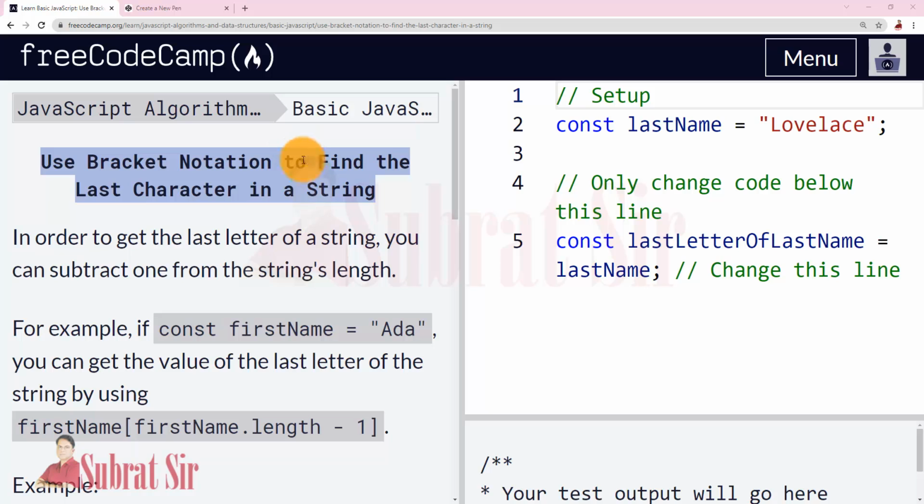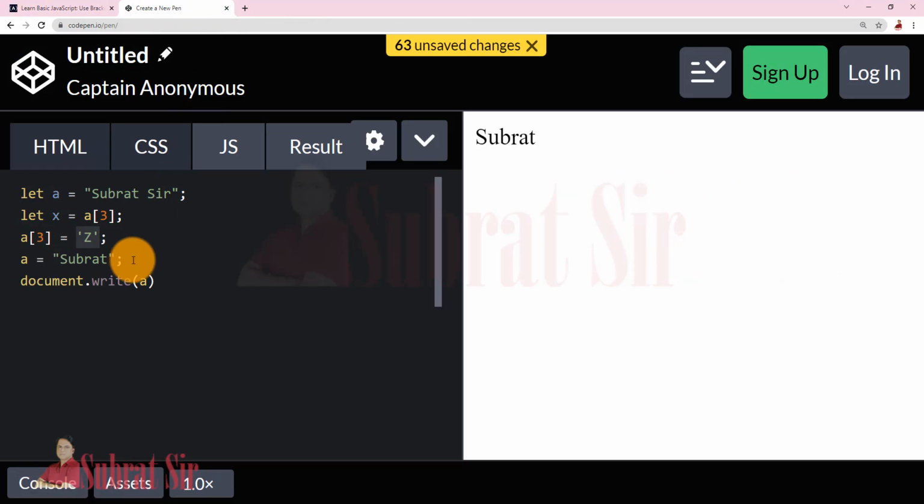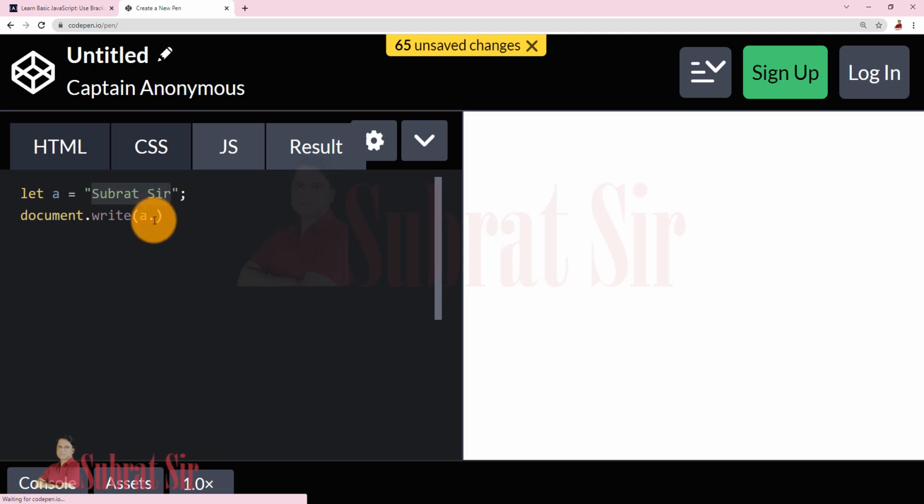How to get the last character of a string, whatever the string may be. Suppose we need the last character, then we can count each letter and write the index number accordingly. We know that the counting minus 1 is the index number. But without counting, a dot length will get the complete length of that variable.